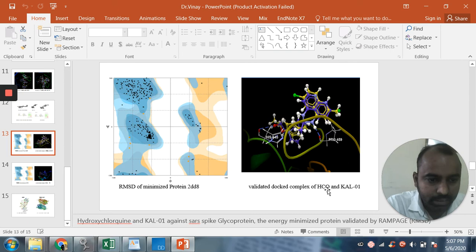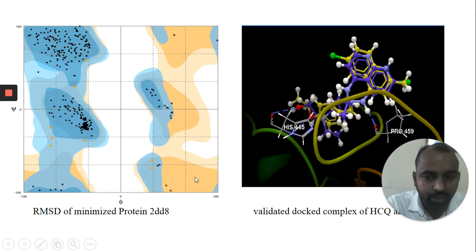This is your RMSD calculator, from the Rampage software, that will give you the complete RMSD of your ligand complex present in the protein, which will clearly explain whether your ligand complex is optimum or deviating from the standard parameters of a ligand docking complex. So this is the validation of your docking protocol.